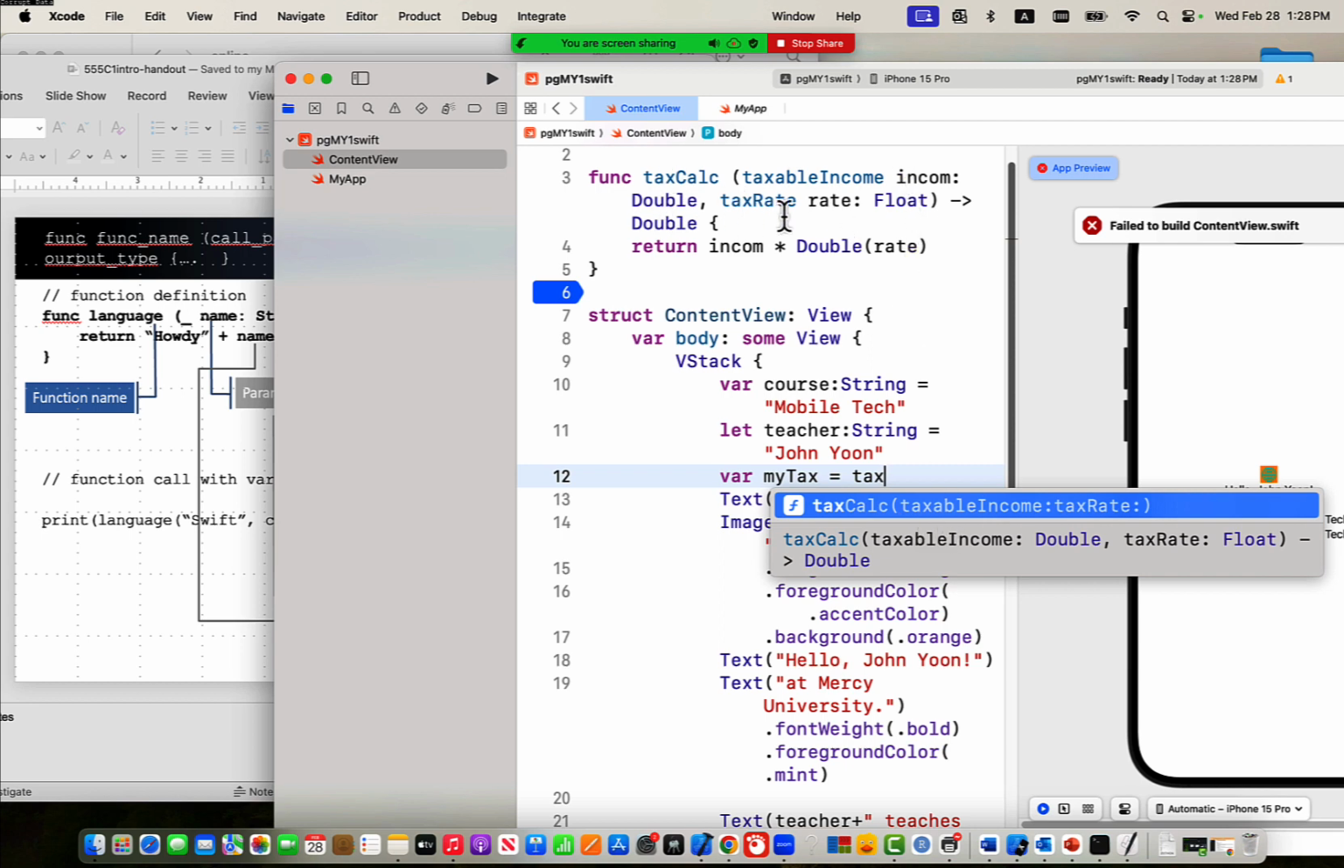Back to this function definition. In the implementation, we use the second name of each variable. So income and rate. Okay, so let's go back to this caller function. We simply hit enter, then it brings all that. Here, taxable income, we need to put a Double there. So let's say my taxable income is $10,000. And tax rate is